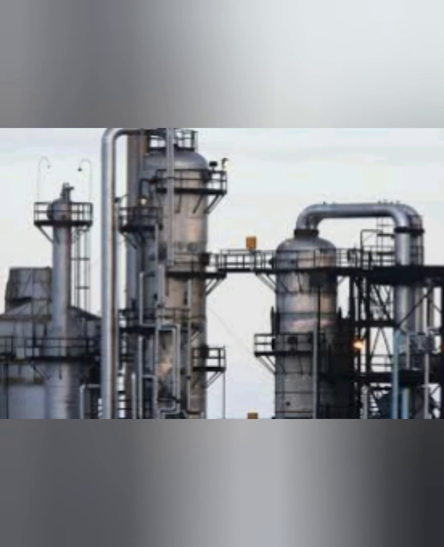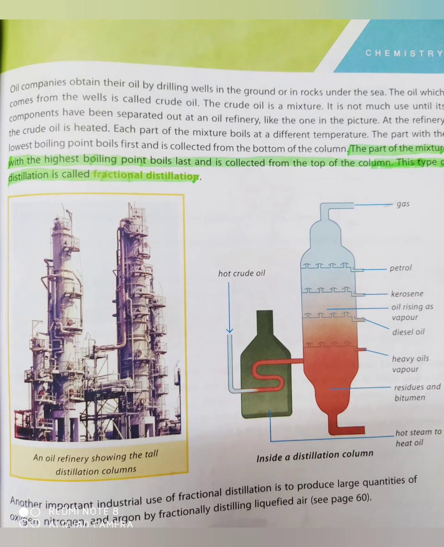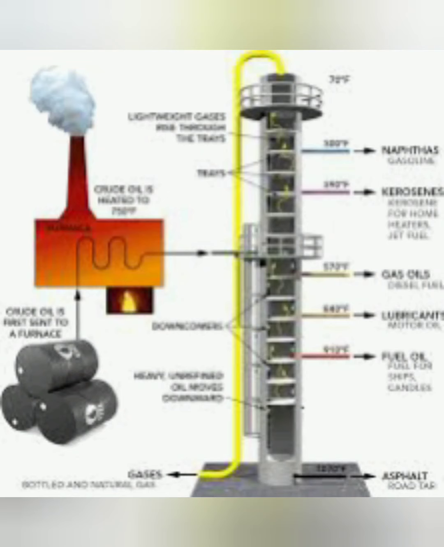It is not much used until its components are separated by an oil refinery, like the one in this picture. At the refinery, the crude oil is heated. Each part of the mixture boils at a different temperature. The part which has the lowest boiling point boils first and is collected from the bottom of the column. The part of the mixture with the highest boiling point boils last and is collected from the top